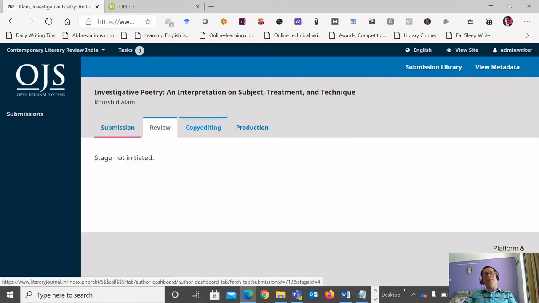Review means if your article will be selected or put under review, then this submission will come under this tab. Copy editing, production, and once it is approved or published, then the submission will be shown under this tab.